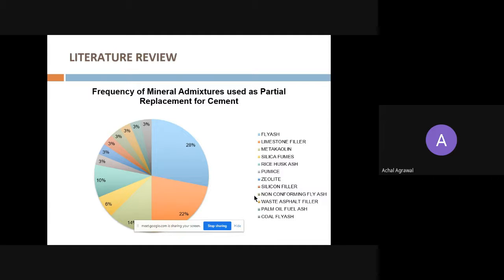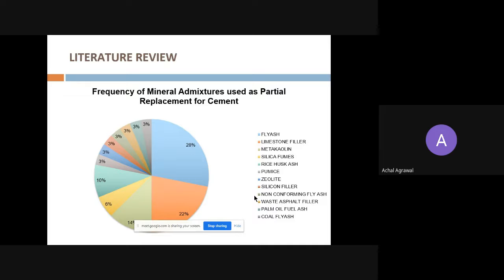As I have said, we need to increase the volume of fines. Fines means we can increase the cement content, we can increase the fine aggregates, right? But one thing is for sure, that we can replace the cement partially by some cementitious materials or other fillers, so that we can get an economical concrete, as well as improve the durability and the permeability.